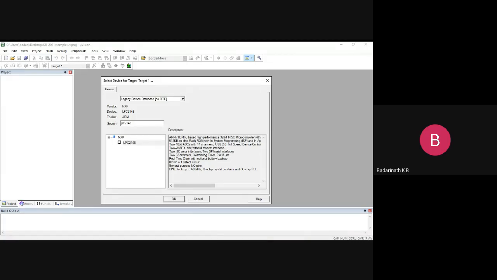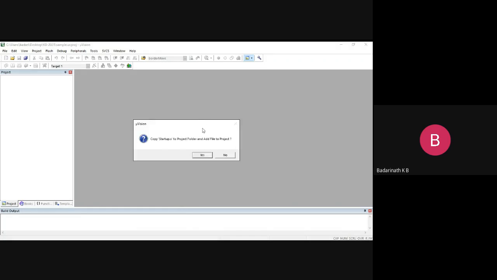We will study this in detail. So once you have chosen the particular chip and identified the features of it, then say OK. The moment you say OK, it will ask one question, startup.s. When you say .s, it is nothing but an ASM file, a compiled ASM file, which is available as an object file. It is asking whether to include the startup file, which contains the basic instructions or the startup